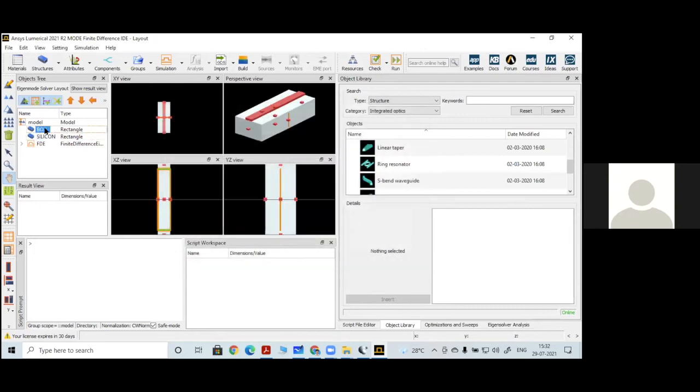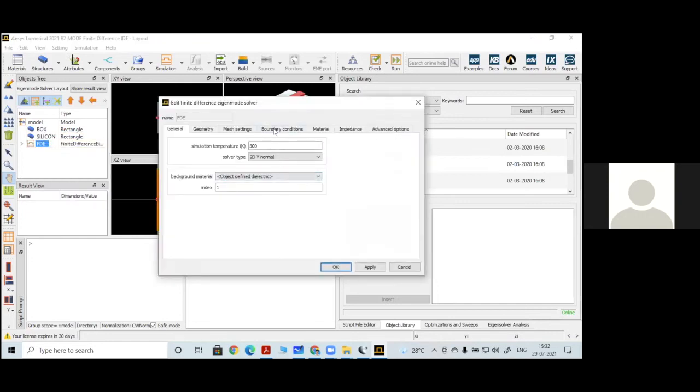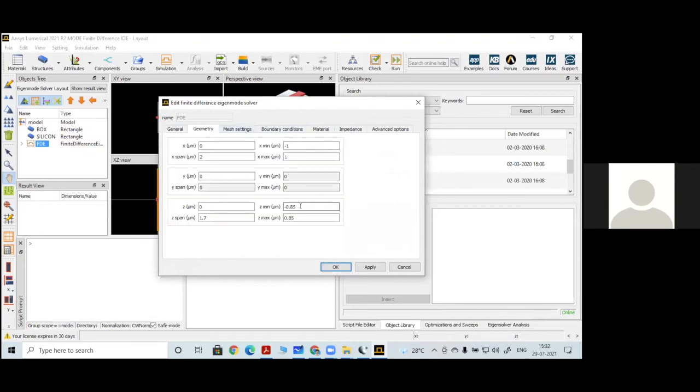So we have one buried oxide layer at the bottom, and on top of that, we have the silicon waveguide. Now, depth-wise in the FDE solver, I must cover both, starting from -1, which is Z minimum. From -1 to +1, we have silicon dioxide, the buried oxide layer.